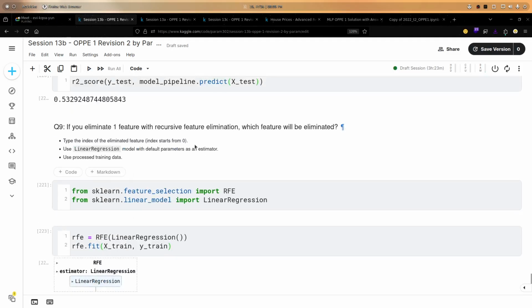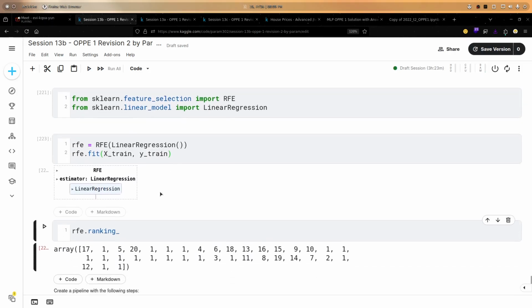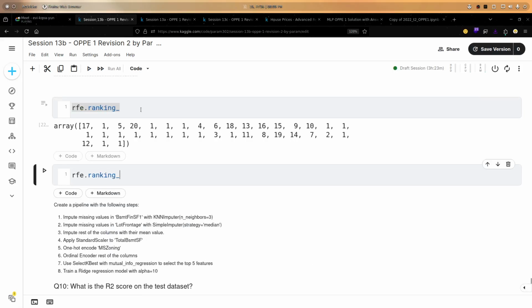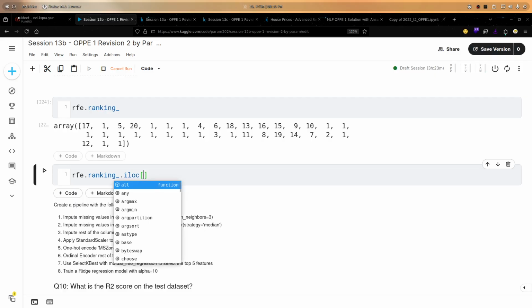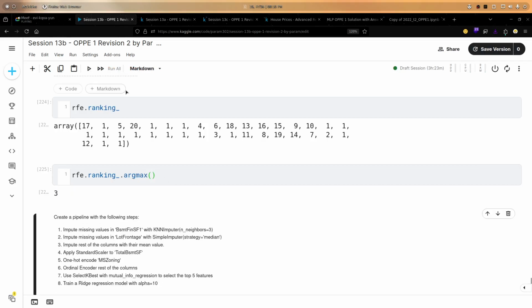So if I want the index of the feature, how can I get it? Anybody? If I want the index of this 20, how can I get it? iloc function? Okay, iloc. I think argmax. Yes, argmax, right? Here I'll simply call it and I'll get 3.